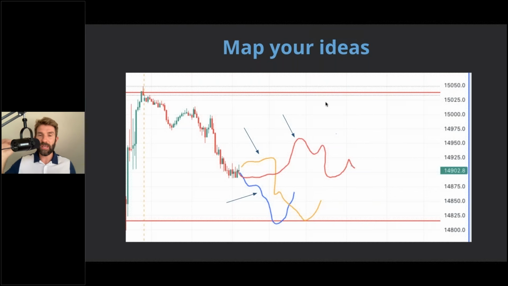But what this does is it starts to season your mind into seeing and anticipating how price could get to a level, and so you're ready for it. You see it do this. You're not suddenly shocked. You don't get seduced by a candle suddenly spiking off and jump short because you see momentum and think it's going to fall to the floor. No, you're prepared. You can see how price potentially could get somewhere. So we start to map out our ideas.